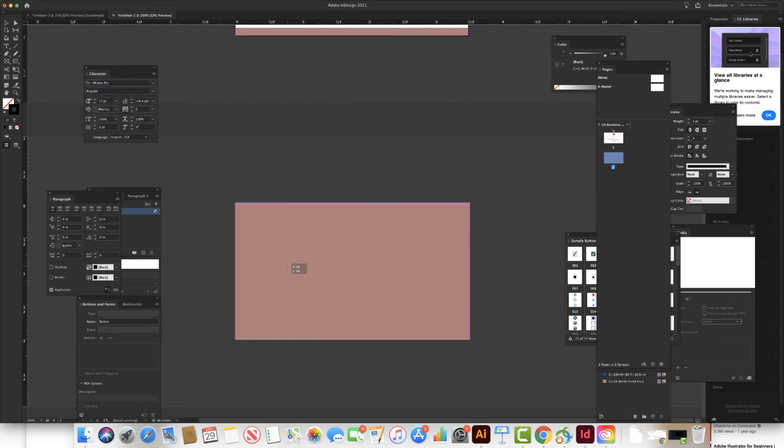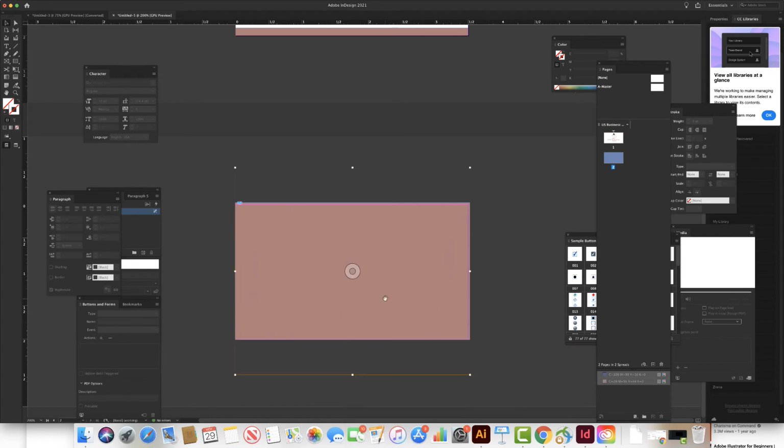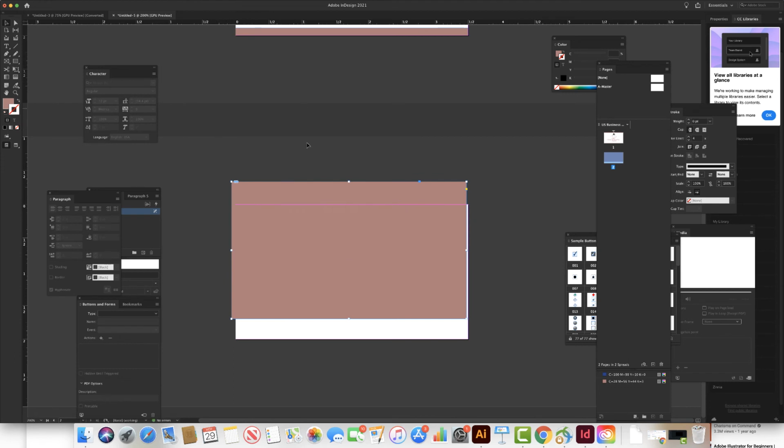Now, the problem is it's the exact same color, right? So what I'm going to do is choose this color right here, and I'm going to make this fit. Because right now, see how huge it is? I'm going to do Control, go to Fitting, and say Fill Frame Proportionally. Perfect. Okay. Now I want to click on this color back in here, and I'm actually going to lower the